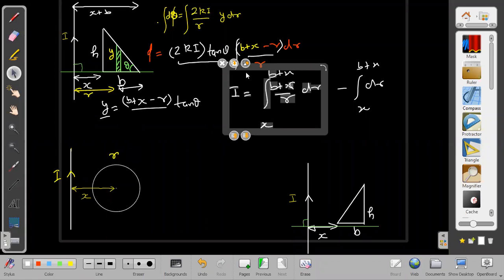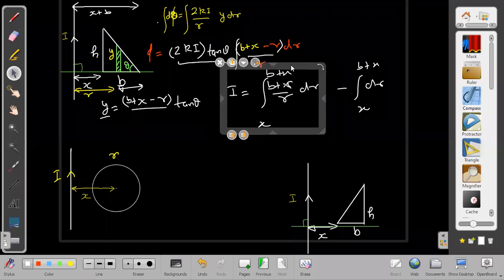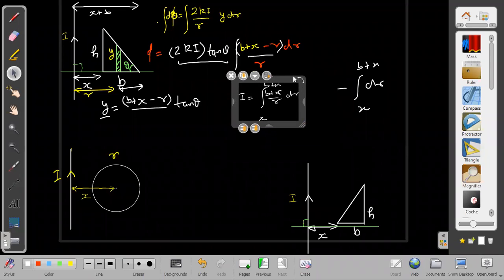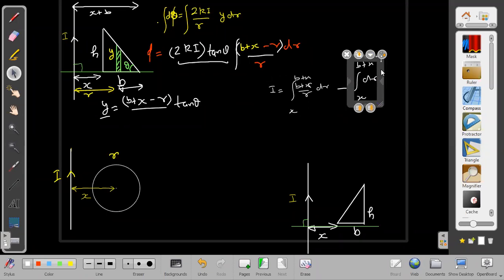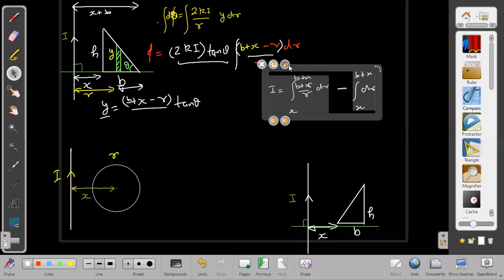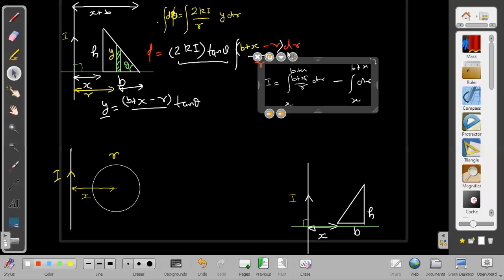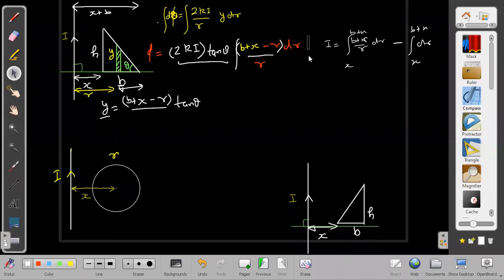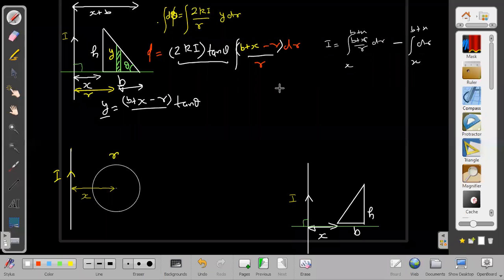Yes, sir. Right. So this is okay. Now, once I know the integral, then I can get the answer. Now you please just tell me the answer at last. I think after this you can definitely do it yourself only. 2ki tan theta into. So finally, phi you are telling me directly right now. Phi will be equal to, yes sir.